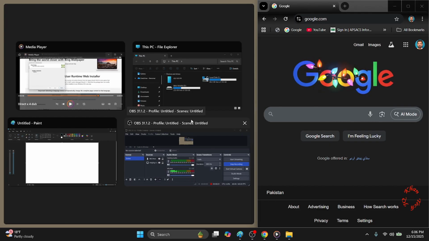So in this way you can keep switching from one app to another and another to another without wasting time